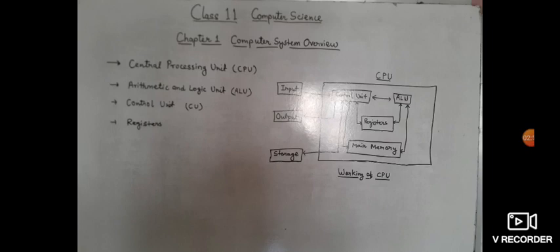Now come to the first section of the CPU, the arithmetic and logic unit. The ALU performs all the four arithmetical operations and some logical operations. When two numbers are required to be added, these numbers are sent from memory to the ALU, where addition takes place and the result is put back into the memory. In the same way, other arithmetic operations are also performed.